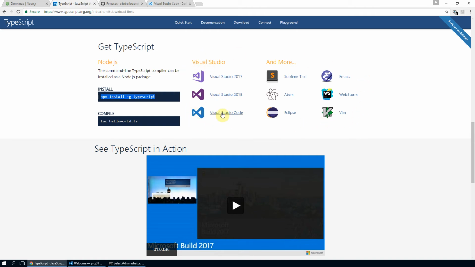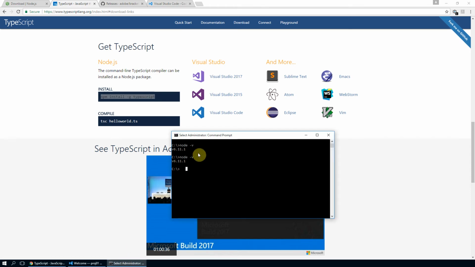So if you have one of these IDEs and you need specific installer for these IDEs, then you should follow the links. In my case, I have installed TypeScript by writing command npm install -g followed by typescript. -g means it will be installed globally on this machine.